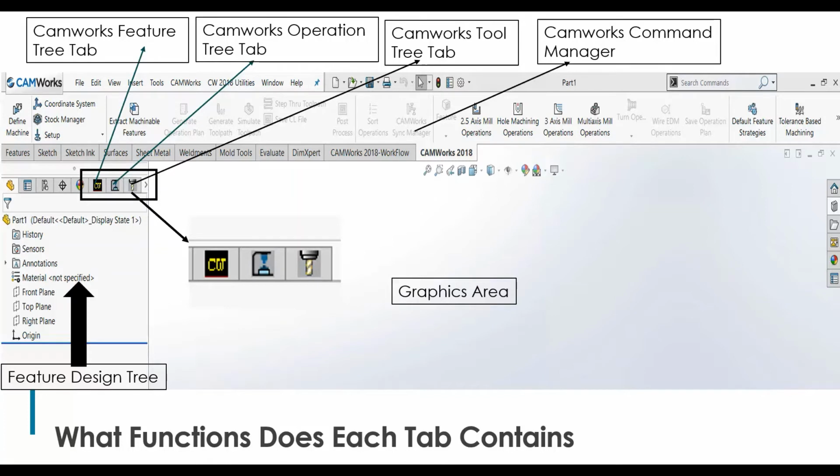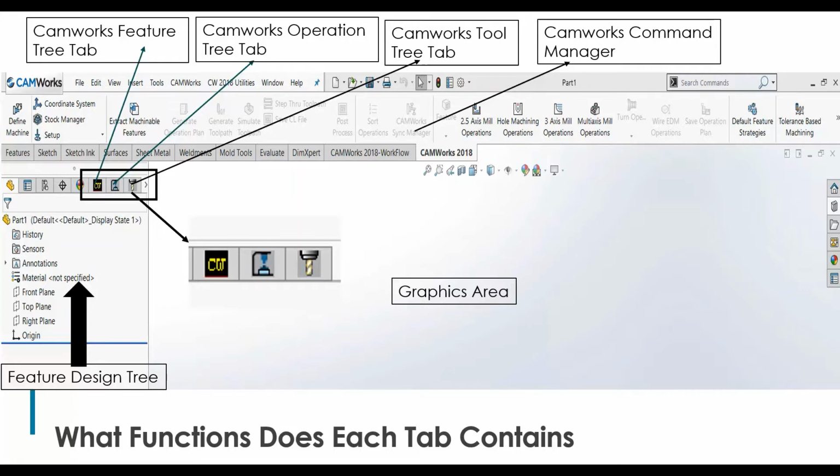Moving on, there will be a CamWorks operation tree, just beside the feature tree. What does the operation tree cover? It covers the operations for machining such features. If I say a rectangular pocket, for machining a pocket, what operations do you need? You have a roughing operation, you have a finishing operation. Or let's take an example of a hole. If you want to machine a hole, then you can use a center drill operation, then you have a drilling operation. If it is a dowel hole, then you can have a boring operation or an interpolation, whatever you like. All those operations will be listed over here in the operation tree.